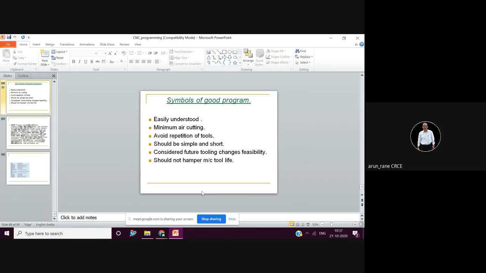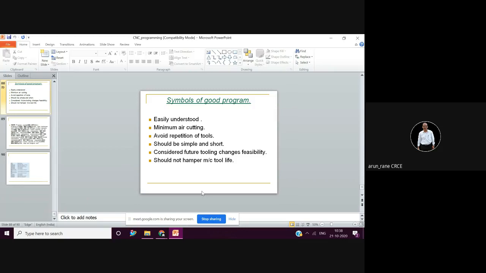There is a switch called the override switch on every machine. On every control, there is an override switch. Override means you are overriding. Suppose your program is set at, say, 100 millimeter per minute. It's a potentiometer, like your fan switch, 1, 2, 3, 4, 5. There are 5 positions. Like that there are positions 10%, 20%, 50%, 100%, 200%.